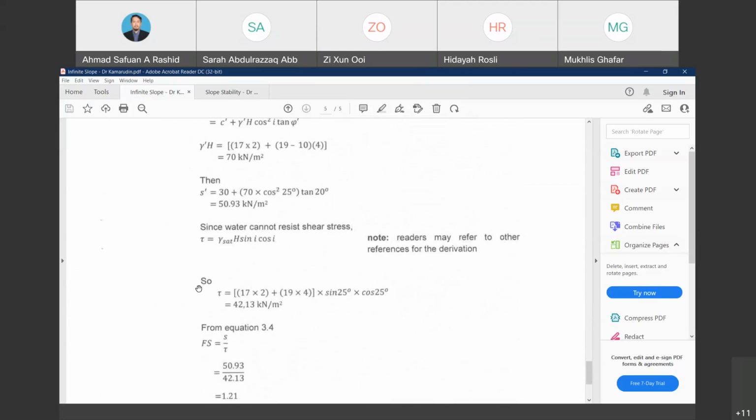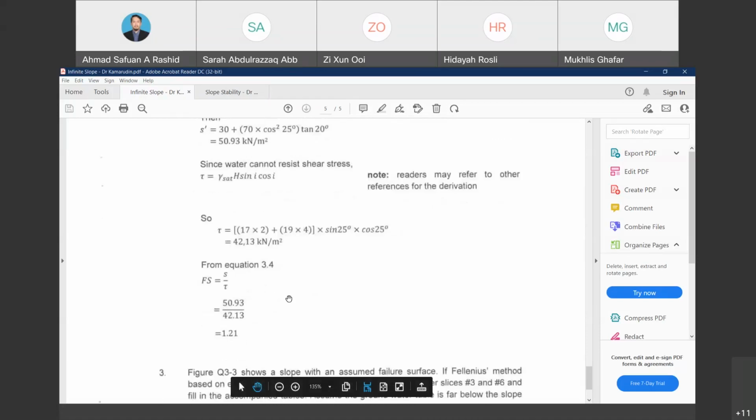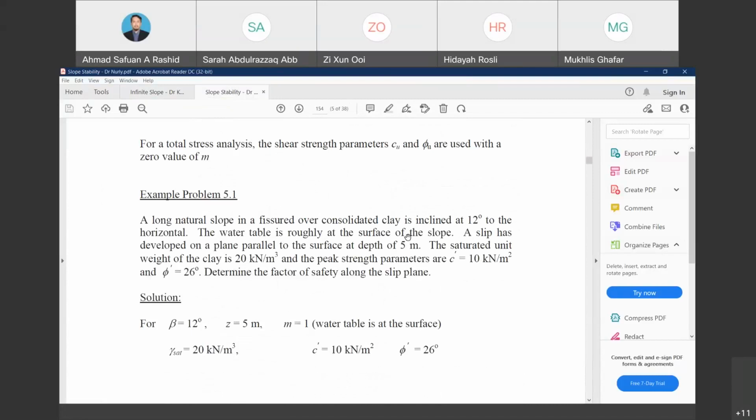So 17 times 2, plus 19 times 4, times sine 25 cos 25, then we obtain 42.13. So the ratio between S and tau is equal to 1.21. That is the answer for the third question from question number 2. So if we want to use Dr. Noorli Ghafar's approach,